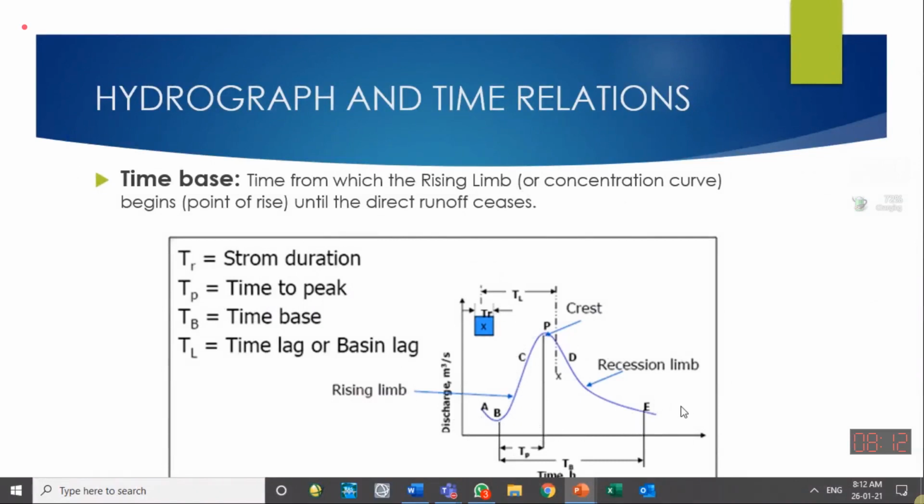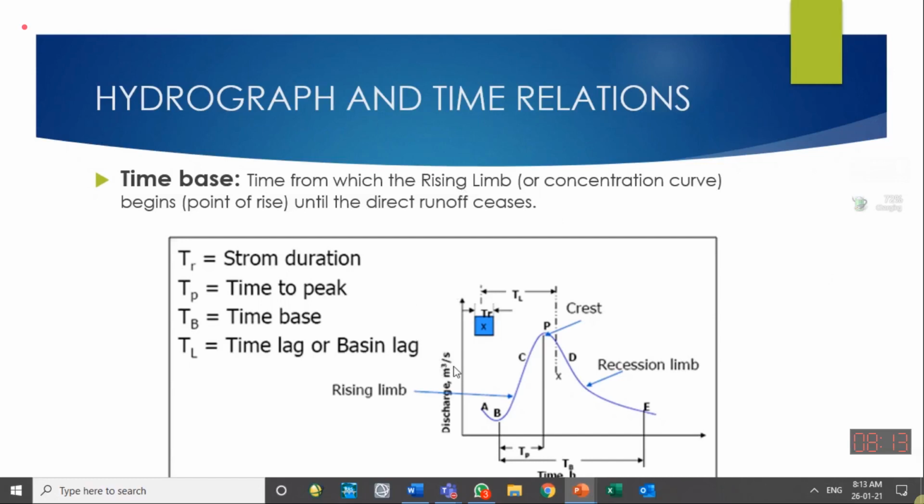So the direct runoff hydrograph which it has generated above the B point flow is called direct runoff. That is the direct runoff hydrograph duration from B up to E, and that duration is called the base time. So that is the total duration of the direct runoff. Direct runoff is the contribution of the rainfall which is reaching the outlet or the channel over the surface or through the interflow. So that is the quick response of the watershed.